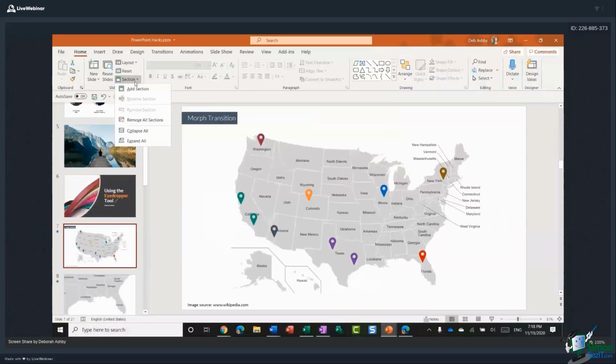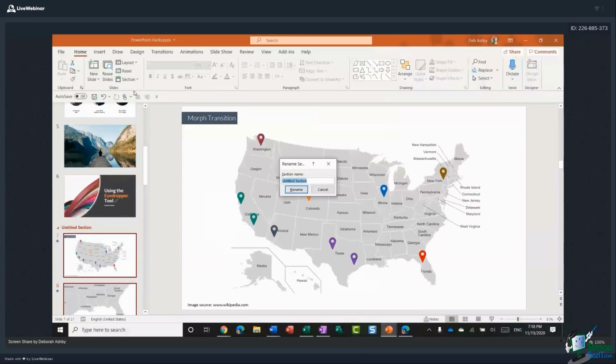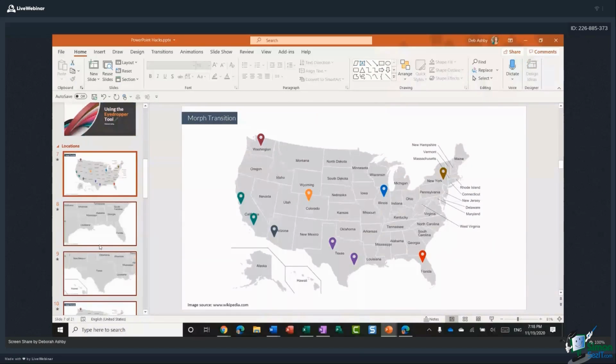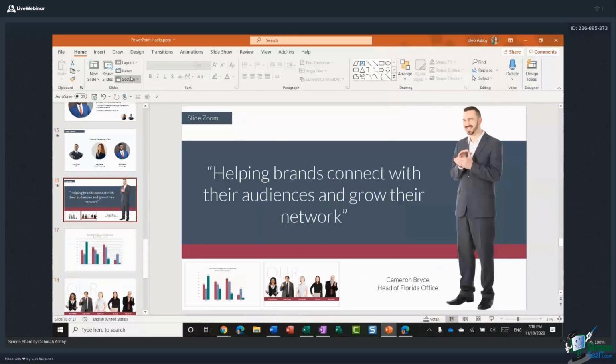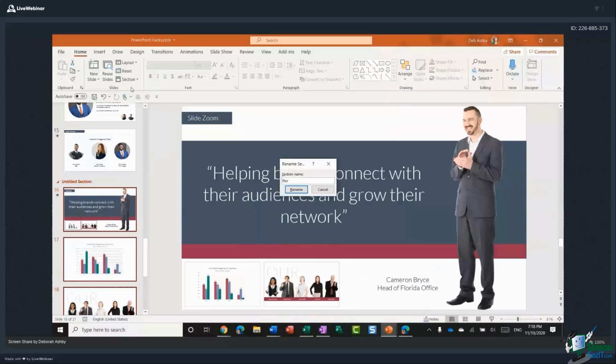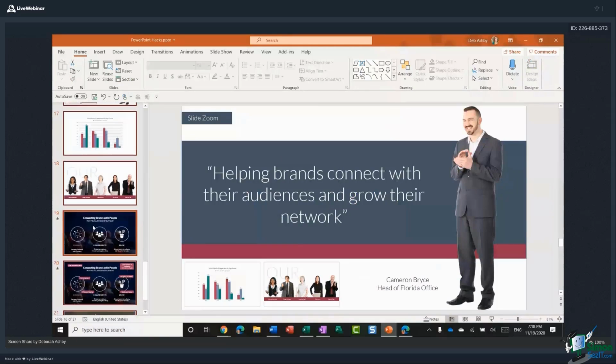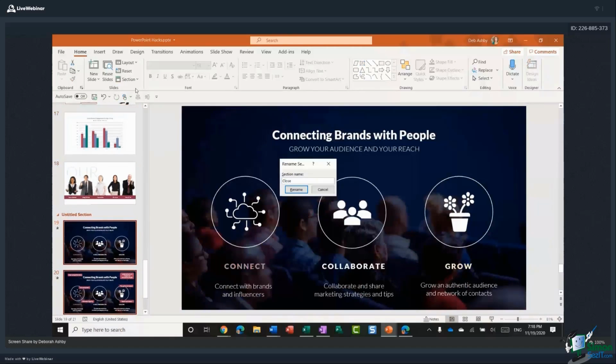Let's add another section called Locations. Let's scroll down a bit more to, where should we go to? Let's go to here. Add another section called Florida Office. And then we're going to get down towards the end. I'm going to add a final section, which I'm just going to call Close.